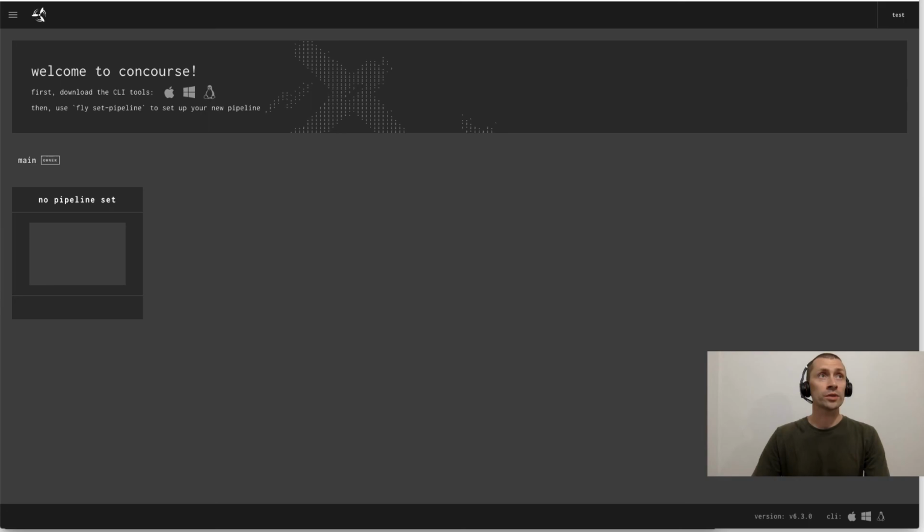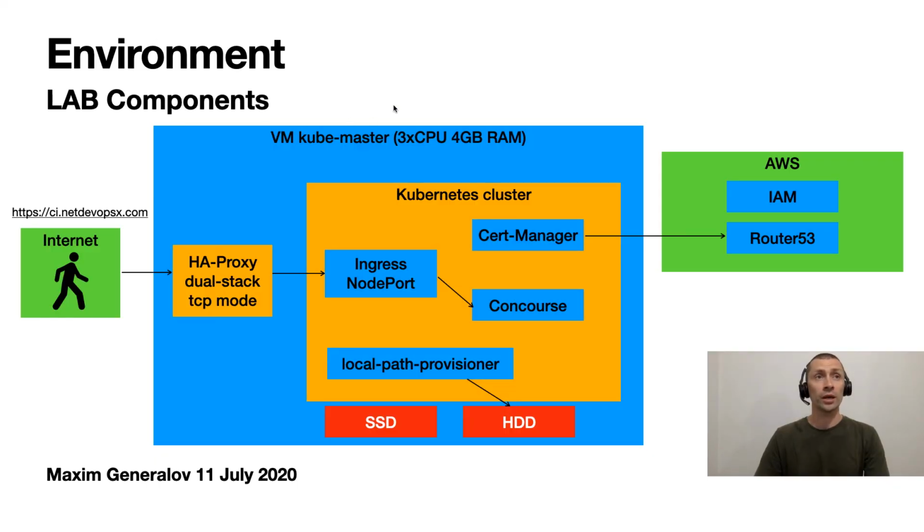So let's go back to the slides and see what we basically did. We successfully installed HA proxy and a Kubernetes cluster, which uses Cert Manager to interact with Route 53 to create the special temporary records, which will prove your rights to your domain, and it will automatically let Let's Encrypt issue the certificates.